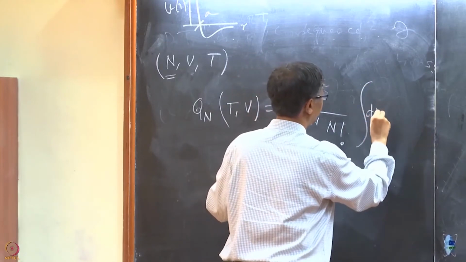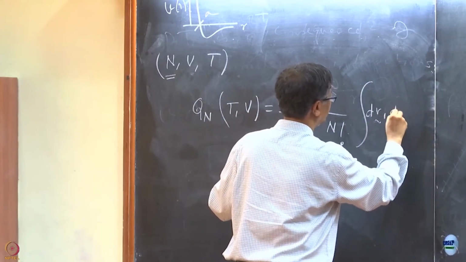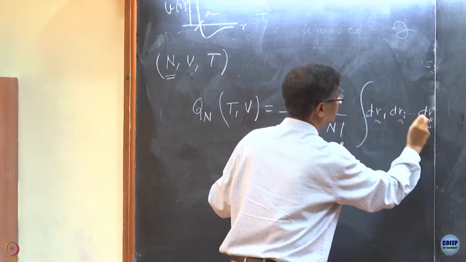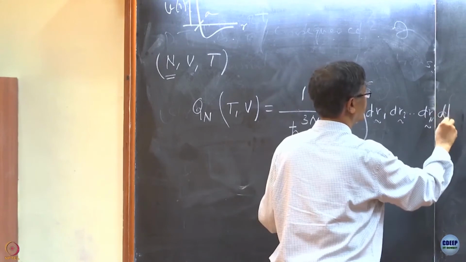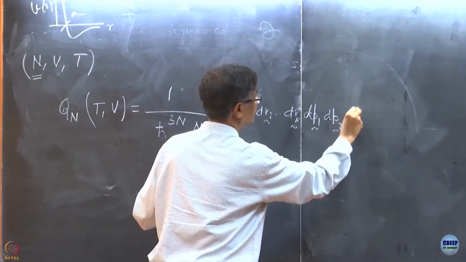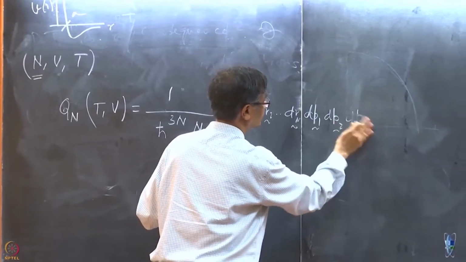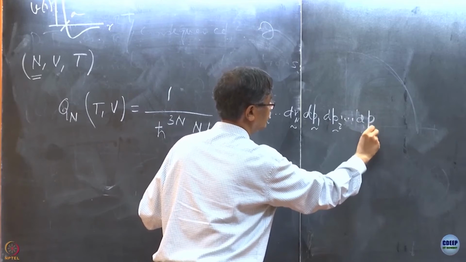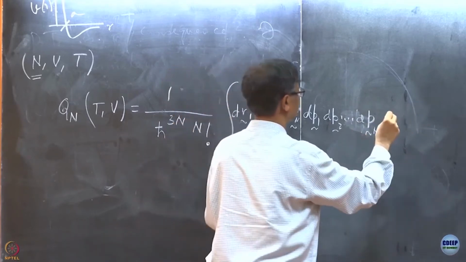Then I have to integrate over all the positions, and then I have to integrate over all the momenta. If you have any problem, please let me know. I have this constraint here,